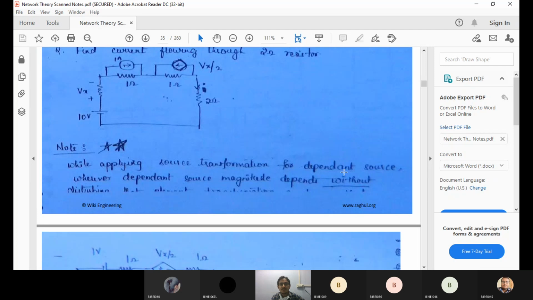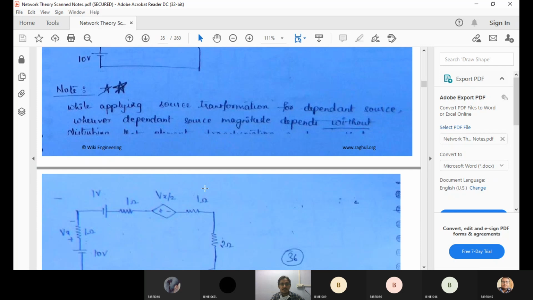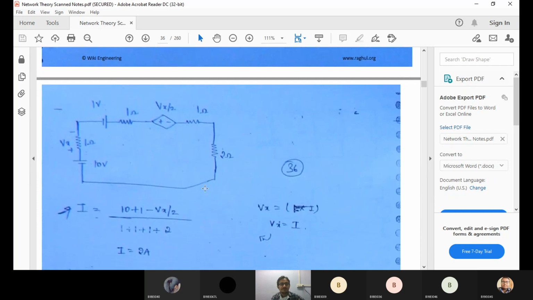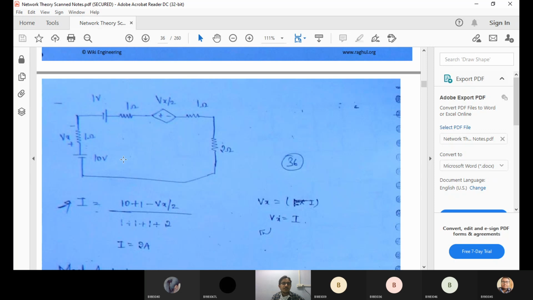See, while applying source transformation for dependent sources, you should do it without disturbing the controlling variable on which the dependent source magnitude depends. So okay, we'll solve a problem, then we can understand. Here you just see